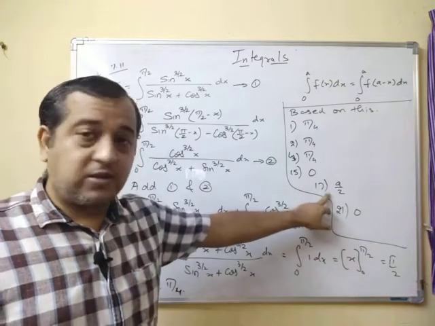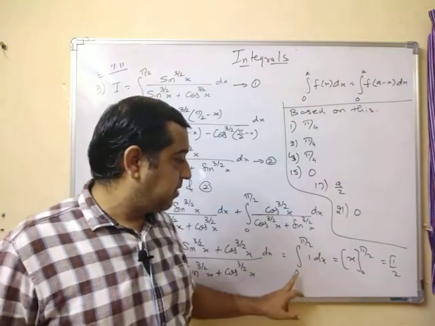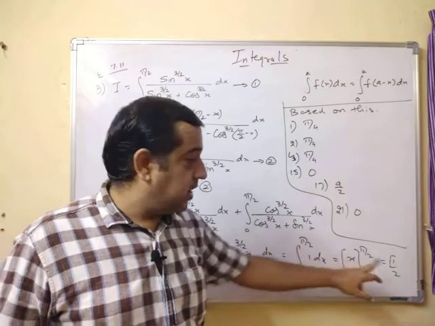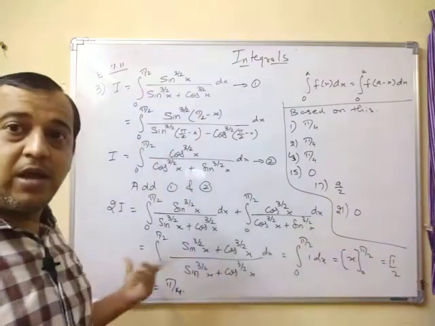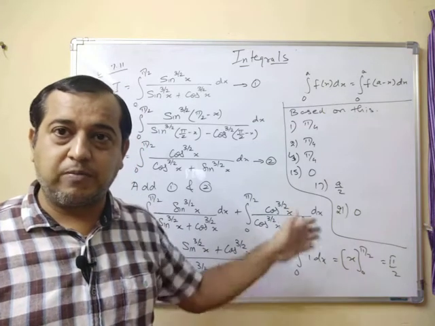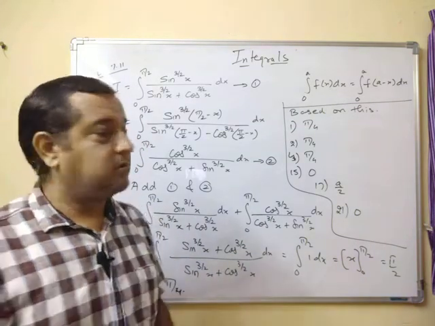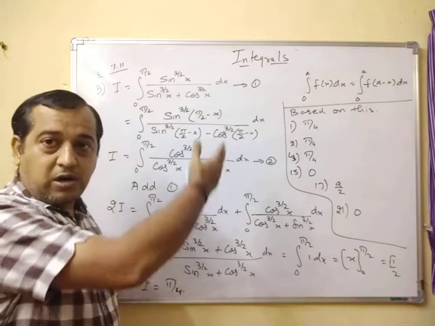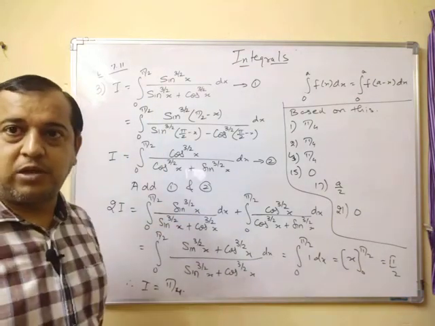Okay, in this case here you get 1 but the limits will be 0 to a and that gives you a, but that is the value of 2I. I will give you a by 2. Okay, clear? So by same method you can proceed in these problems. Please note it down and do the practice for the remaining problems.